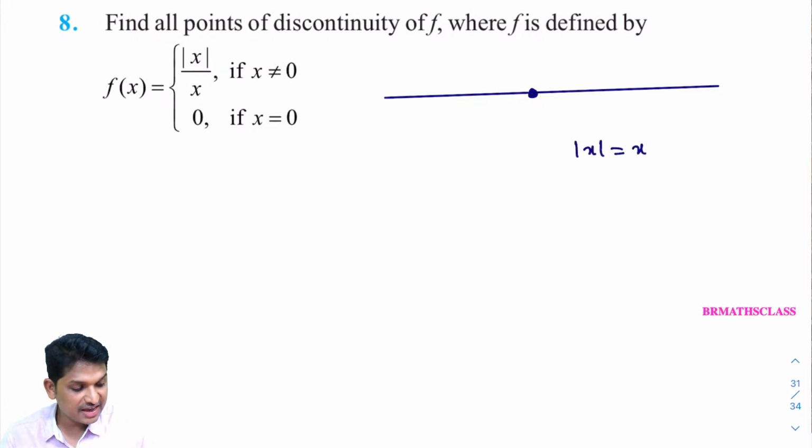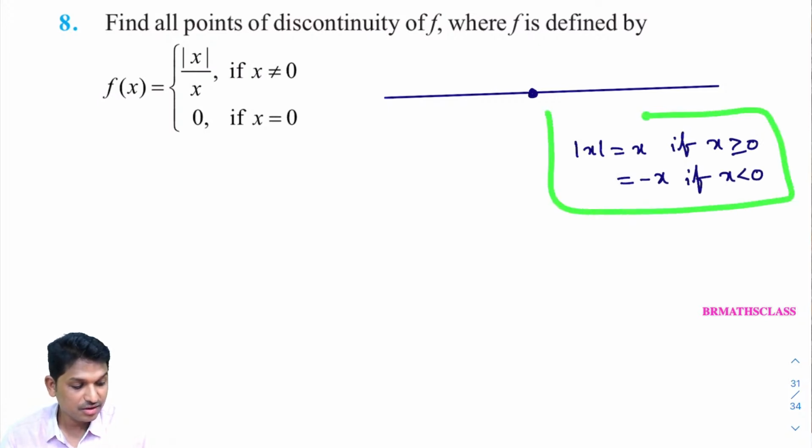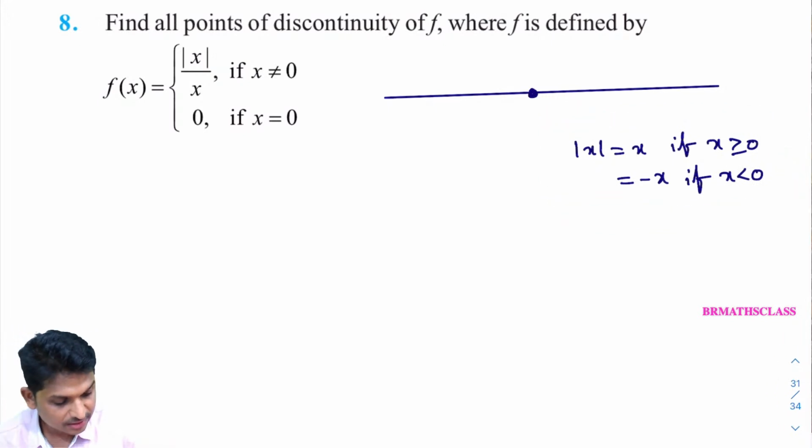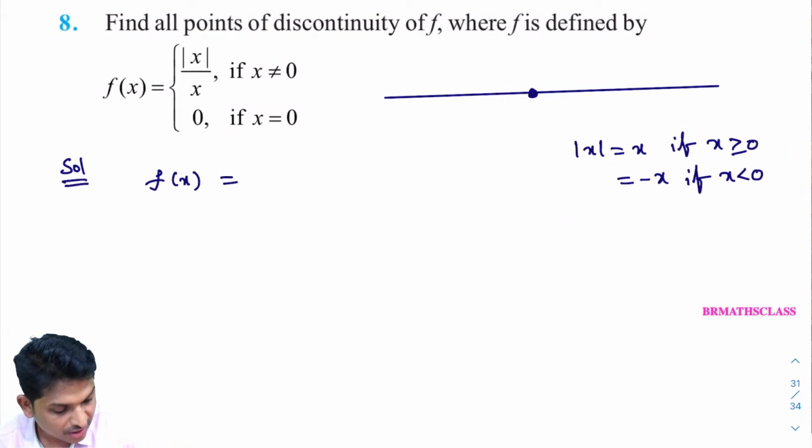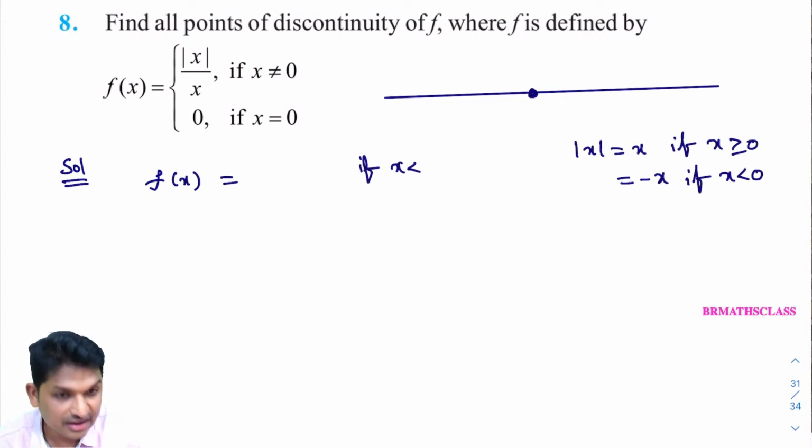Modulus of x is x when x is greater than or equal to 0. Modulus of x is minus x if x is less than 0. So here I'll rewrite this function. f of x equal to, first suppose that x is less than